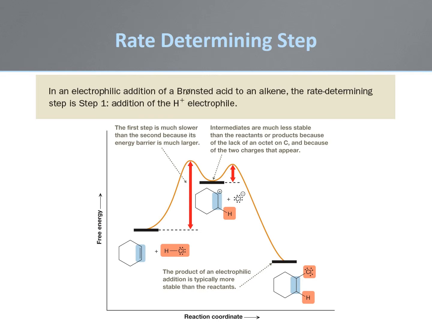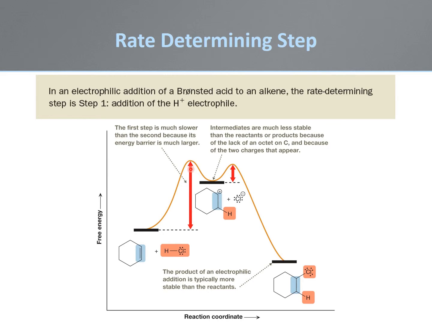In the prior slide, it was noted that the first step in the electrophilic addition reaction is the slower rate-determining step. This is logical for two reasons. First, one pi bond and one sigma bond are broken, but only one sigma bond is formed in this step, so the net enthalpy of the step is positive. Second, the products of the first step are a carbocation and a chloride anion. Two charged species have been generated, and the carbon bearing the positive charge lacks a full octet. We would expect the intermediate to be higher in energy than the reactants, leading to a relatively high transition state